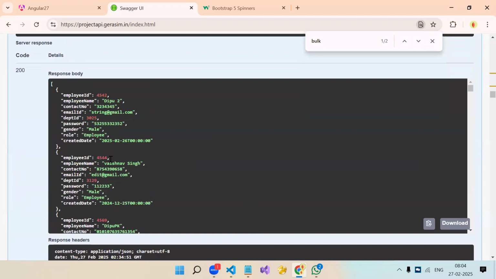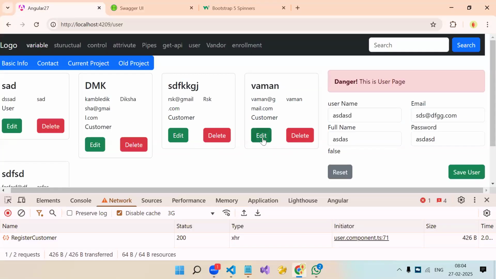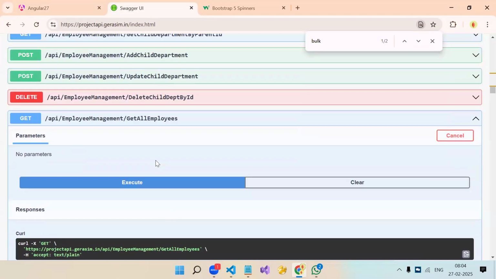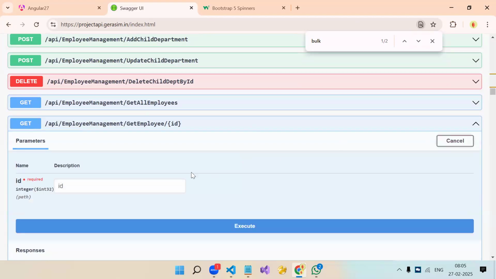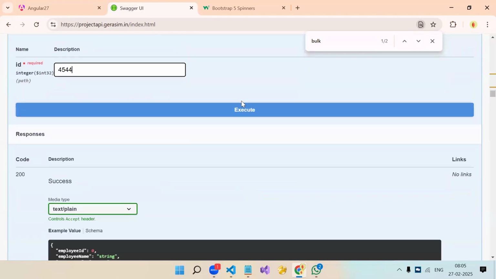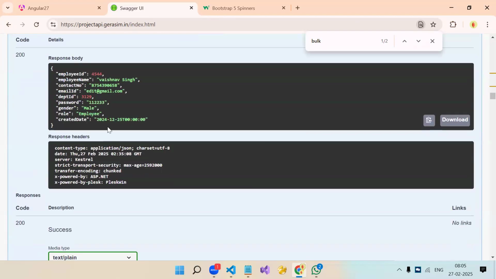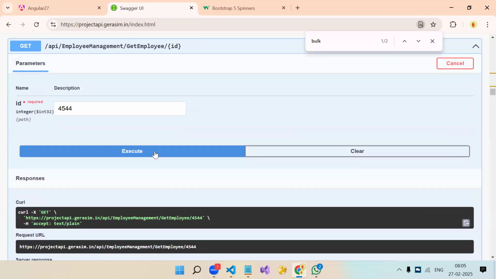Whatever we have. But on click of edit in the table, we have this edit button, right? So on click of edit, what do we normally do? We have one more API, that is get employee by ID. Here we pass the primary key, and we will get a single object of that ID. Understood? So when we say CRUD operation, it can have at least 4 APIs and max 5 APIs.